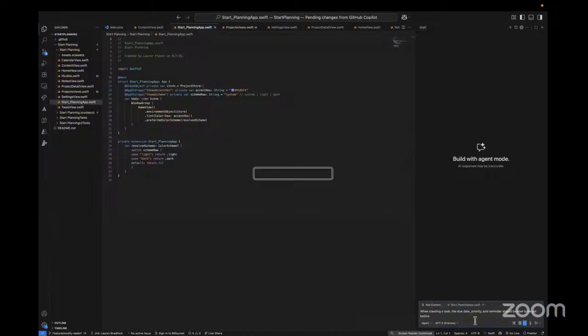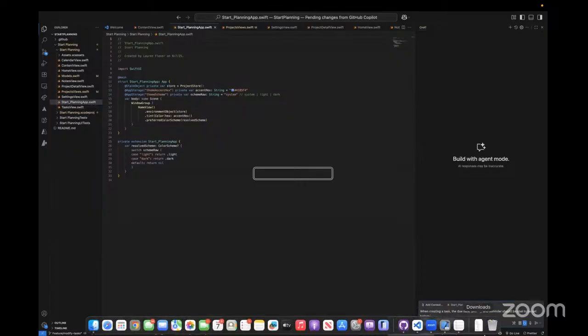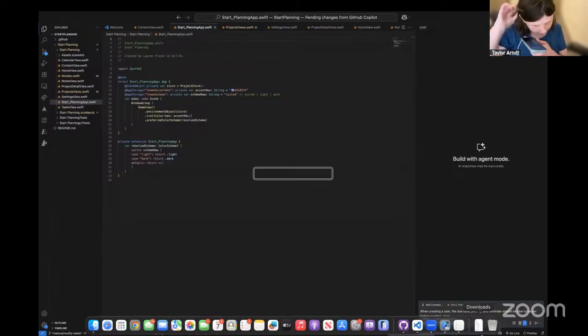I received the following errors. When creating a task, the due date, priority, and reminder should be able to be set before sending. All right, let's see if this works now. Also,